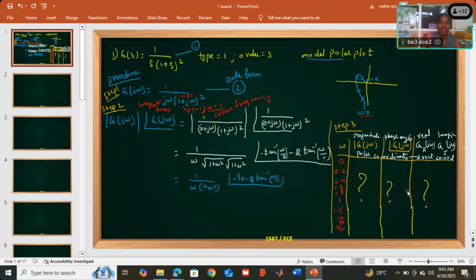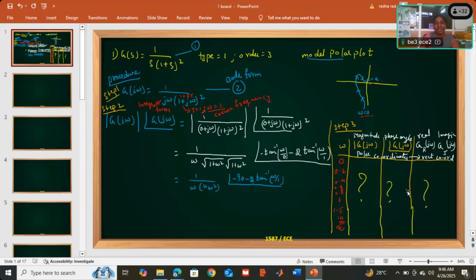You have to use a calculator. I inquired today in the exam branch. Happy news: in the final exam, graph sheets will definitely be given. All of you compulsorily have to do it on graph sheets. For internal exams it is optional. They told me that generally for the internal lab exam and internal class test, graph sheets will not be given.